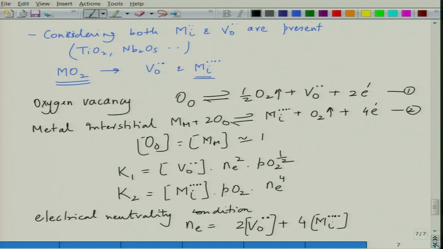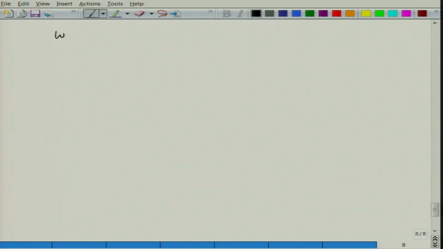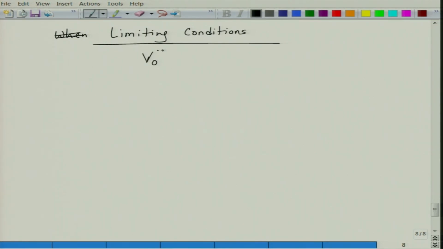So, you can consider cases when, so the first case is when, so limiting cases, so we consider limiting cases, right. Limiting conditions will be when VO is very large as compared to Mi, or it could be when Mi is very large as compared to VO. Okay. So, if we consider these limiting conditions, then the first one is VO is larger than Mi,